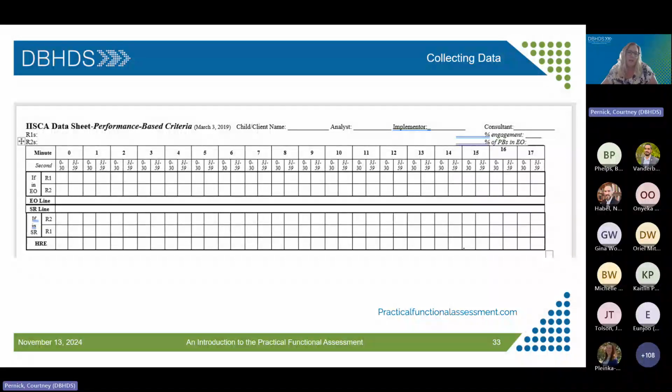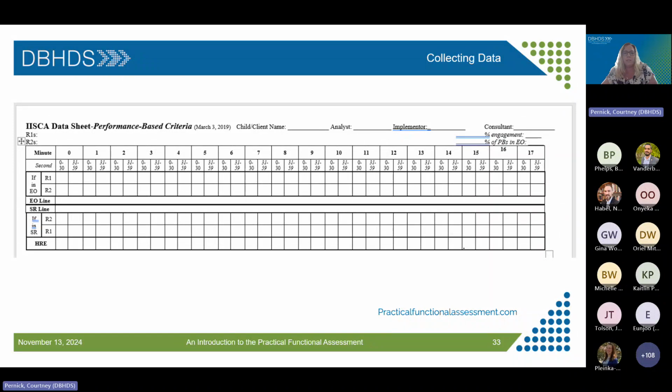And then we say, okay, Bobby, it's time to clean up. We move to the EO context. And Bobby yells and engages in SIB. And we say, never mind, Bobby, you don't have to clean up. We jump right back to reinforcement. And Bobby's still a little bit mad, and he continues yelling no for like the next minute. And then we continue reinforcement. And then let's say about here, we establish HRE again.